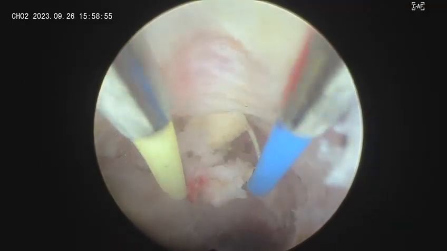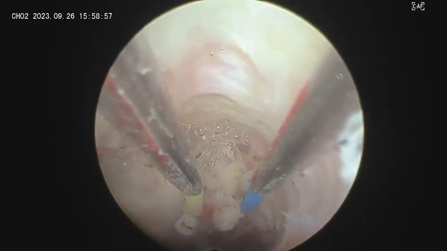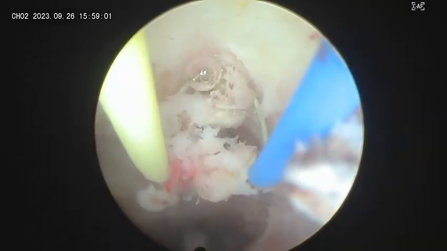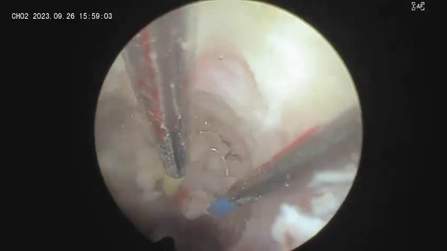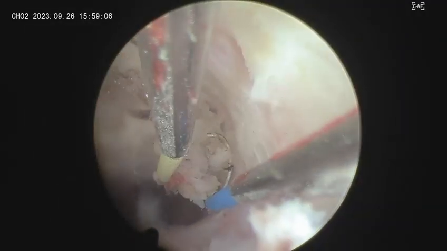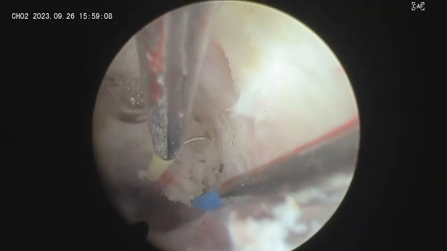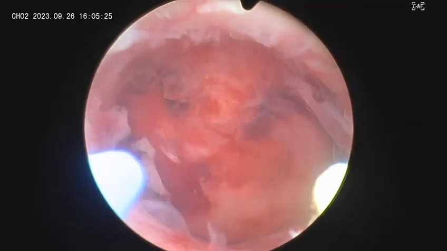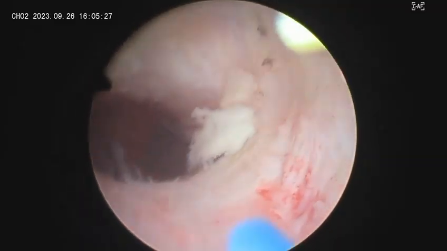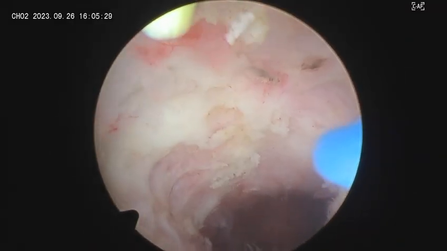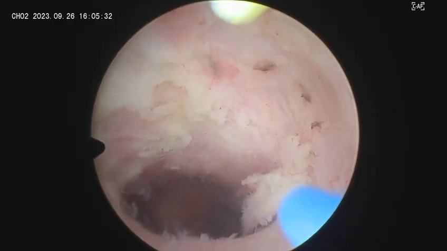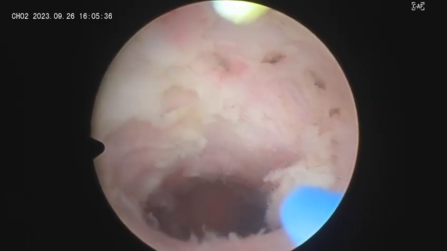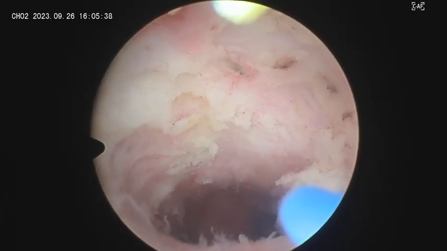Now, millimeter by millimeter resect the portion of the isthmoscele which is causing this abnormal uterine bleeding, taking all the care to see that the bladder is not inadvertently entered. Now at the end of the procedure, you can see that's the normal endometrial cavity, and this is the isthmoscele area which has been completely cleared of the ridges, the fibrotic area, and the base which was formed by the